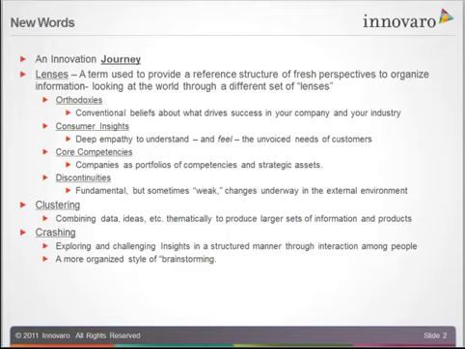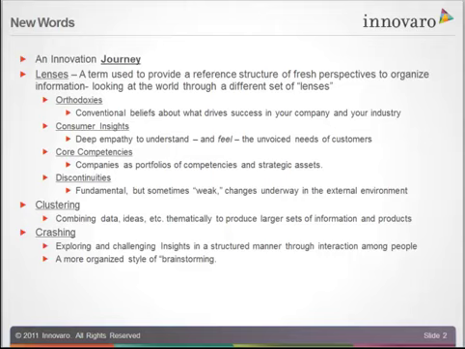I want to talk a minute about clustering. And clustering, there's nothing fancy or sophisticated in clustering. What it really says is, how do I take all the data that I get, how do I take the ideas that I generate and cluster them together, put them in groups under some theme to help me better understand them and to better produce a larger set of information and larger products, right? It's one thing to have a basic capability, but then you add other capabilities on it and they become very, very valuable. So that's the important thing.